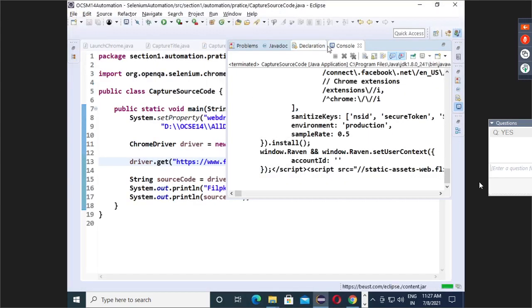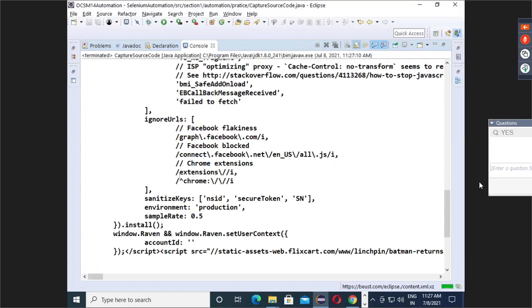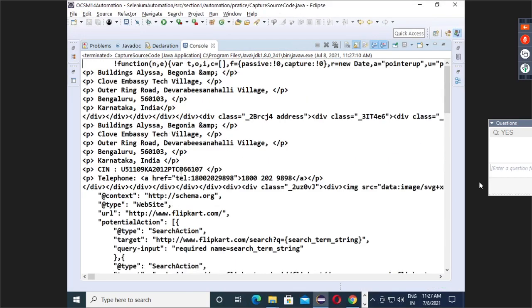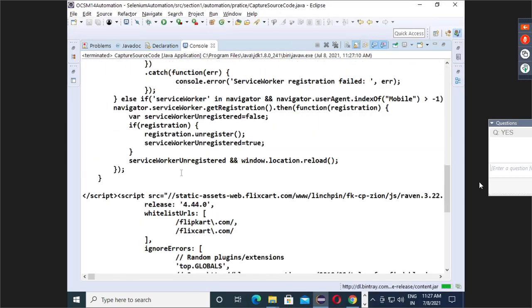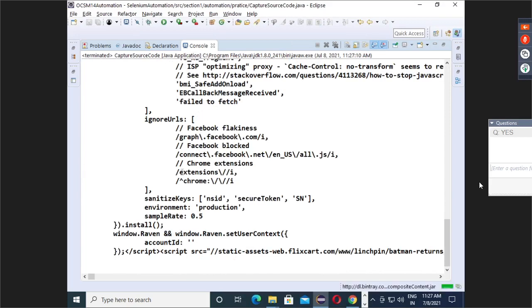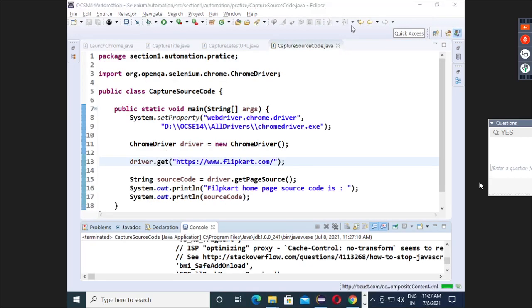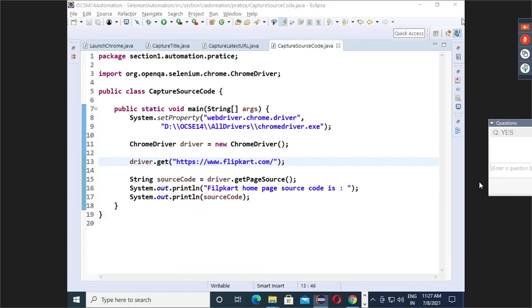Now close this. Are you able to capture the source code? The complete source code is here. Any confusion?